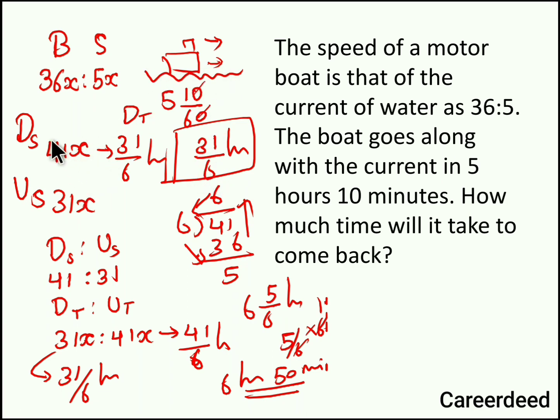And we know speed is inversely proportional to time when the distance is constant. We know speed of the boat in downstream is 41 parts and speed of the boat in upstream is 31 parts. So 41 is to 31 can be inverted into 31 is to 41 when it comes to time. So the time taken by the boat to cover in downstream and the time taken in upstream is 31 is to 41 parts. Now we found the time taken by the boat in downstream is 31 by 6 hours. So if 31 parts is 31 by 6 hours, 41 parts will be 41 by 6 hours. So 41 by 6 hours can be written as 6 hours and 50 minutes. So 6 hours and 50 minutes is the time taken by the boat to cover the same distance in upstream. Hope you understood the problem, right? Moving to our next question.